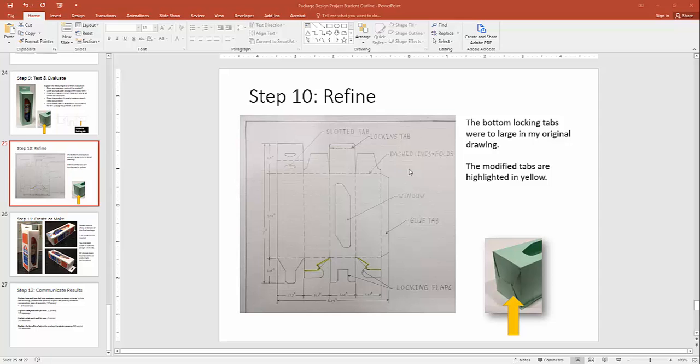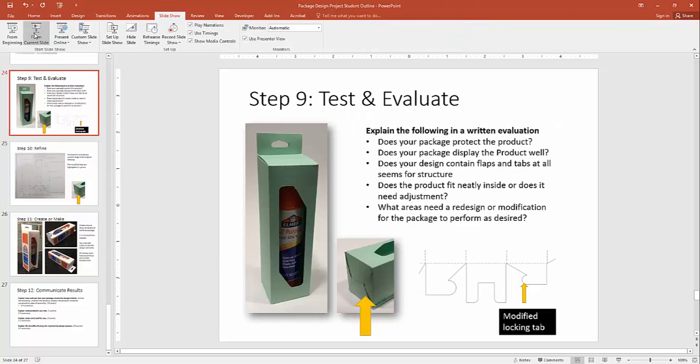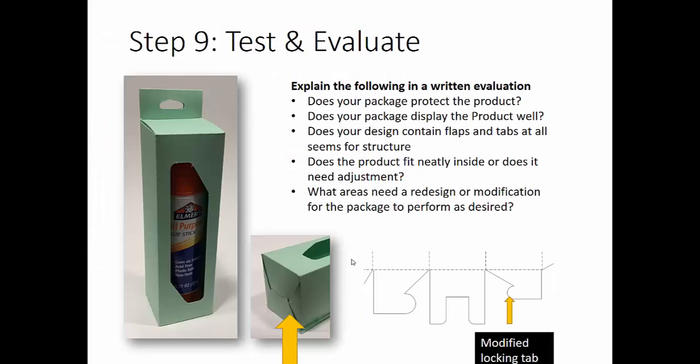Okay, so after you've done your test and evaluation, you're ready to do your refinement. So looking back at my test and evaluation, I had some issues with the bottom locking tabs. My original design for the tabs on the left here was too large and it wouldn't allow the opposing locking tab to go in, and it just didn't line up right. So I did some more tweaking, basically with a pair of scissors. With my prototype, I cleaned that up and tried to get that to work a little bit nicer. And I'm going forward with that